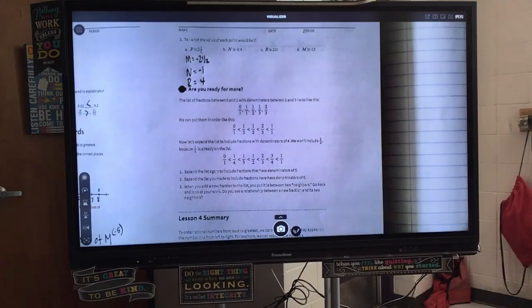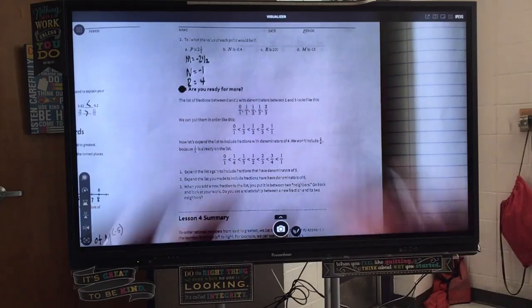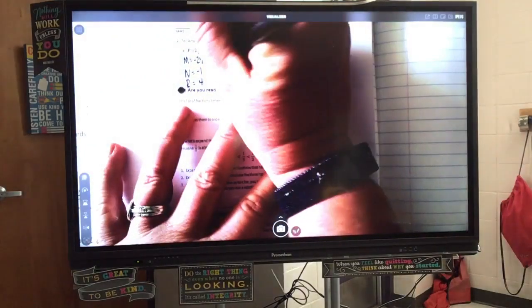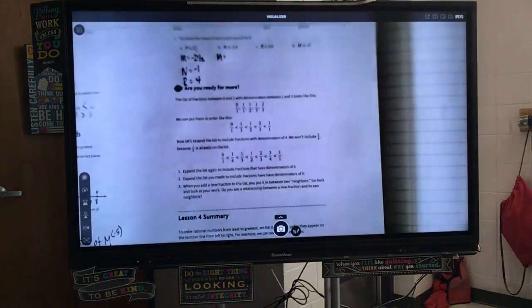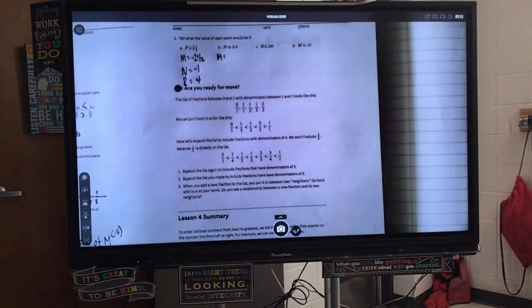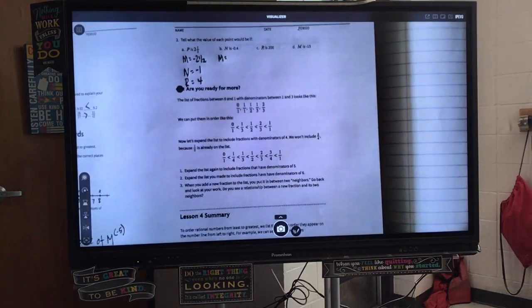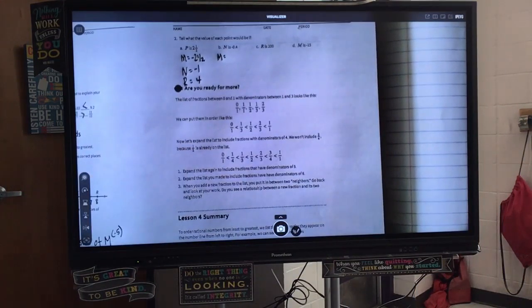All right, so what did you guys come up with for B? Let's start with M. What did you come up with for the value of M? What's the one criteria that M has to have? It has to be less than N. So technically any number less than N will be right here, correct? All right, so